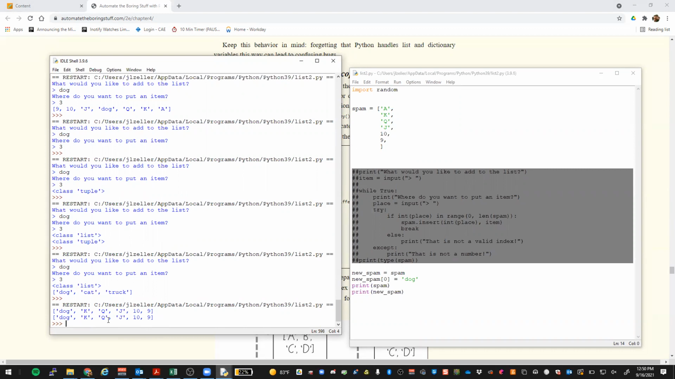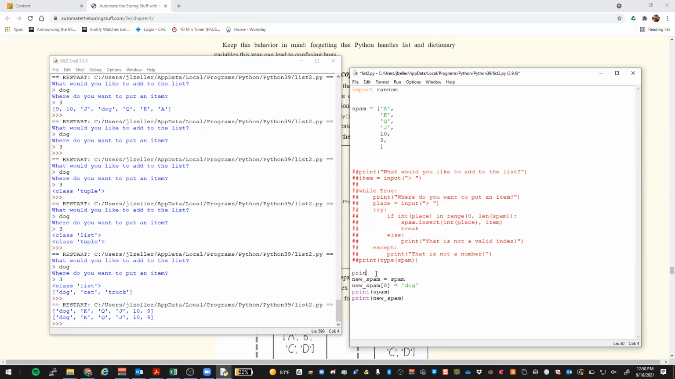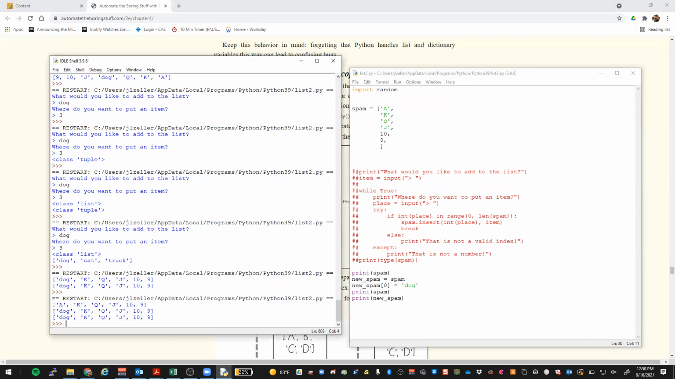You'll notice that they're an identical match of one another inside of here, right? So before we do this, to see the difference, let's go print spam, run. The first time spam is equal to this one, which is what we originally started with. At that point, we set new spam's 0 index to dog, but notice both spam and new spam are changed to dog. So if we want to make a copy so that we're not going to edit our original list,